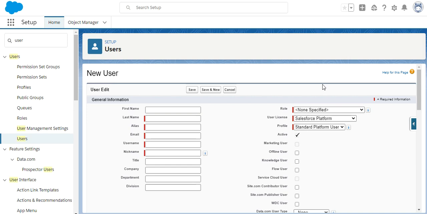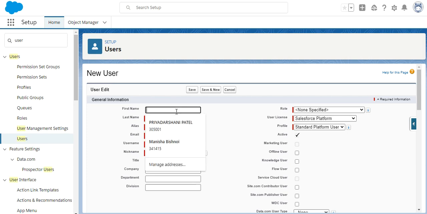So this is the benefit of hierarchy, and hierarchy can also maintain the security. And lastly, if you are talking about the alias, alias is a short name to identify the user on list pages. A list page or report are other places where their entire name doesn't fit. So alias is just a short name to identify the user. Now let's create a user.